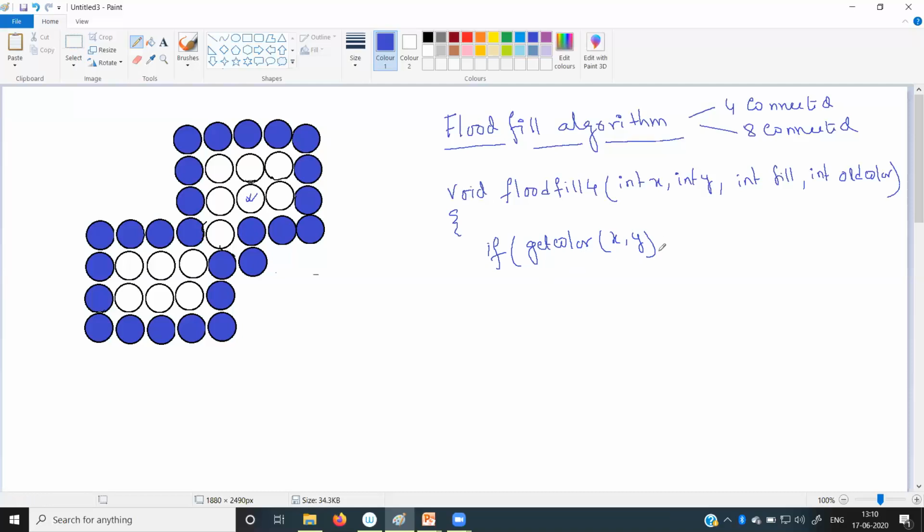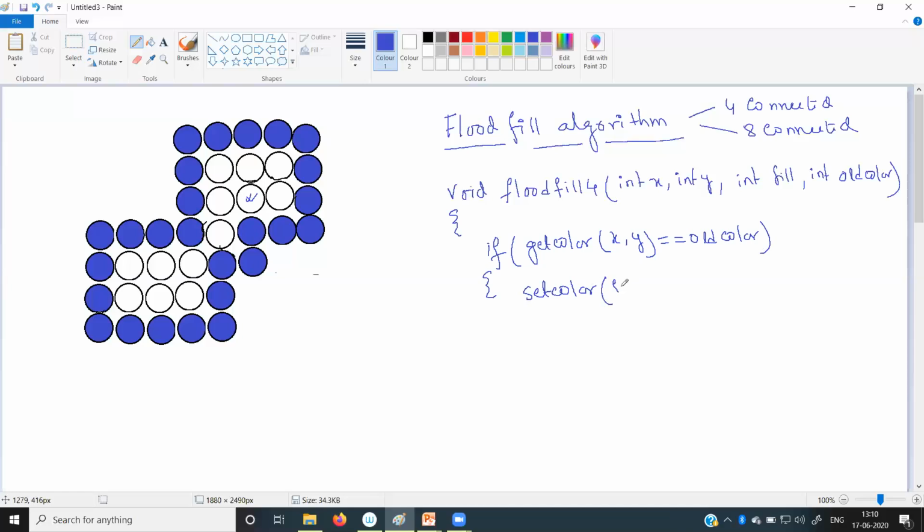So if the color of the pixel is equal to the old color, that means the background color, in that case we have to set the color to the fill color.